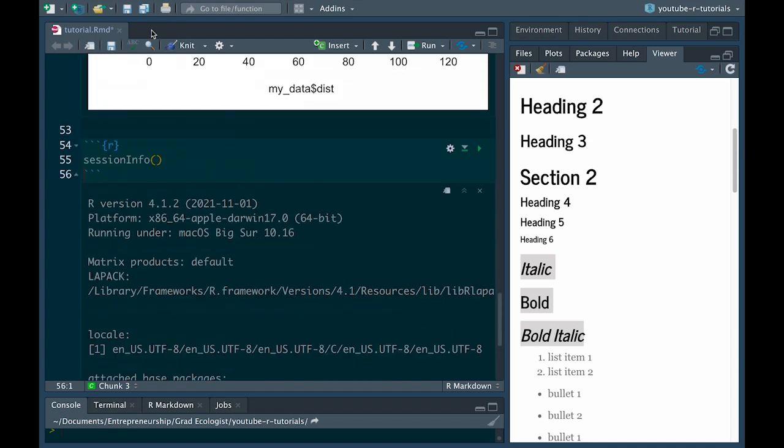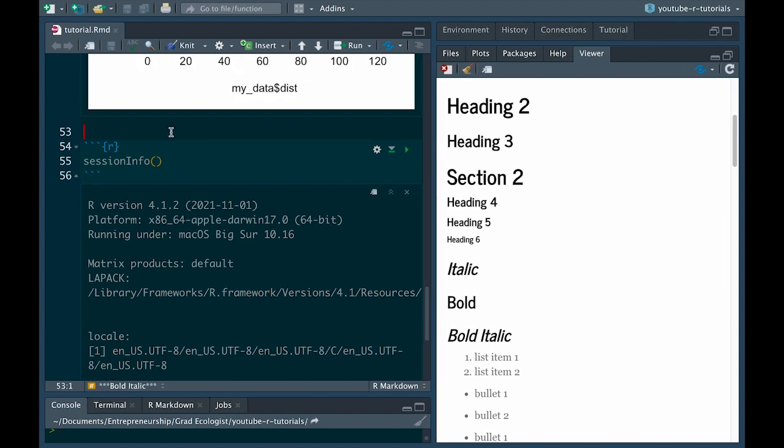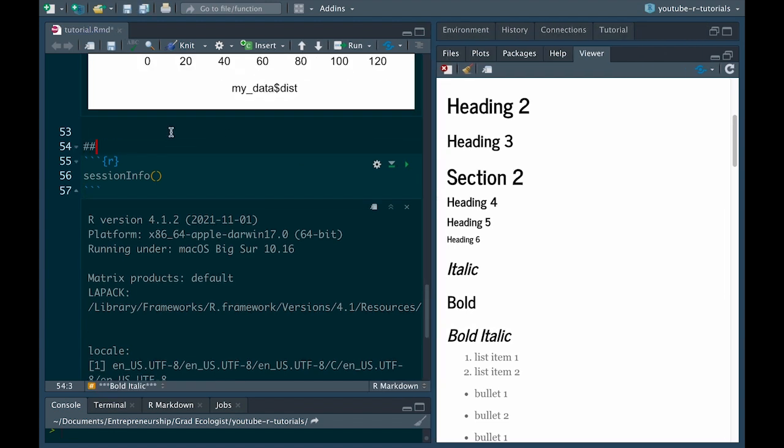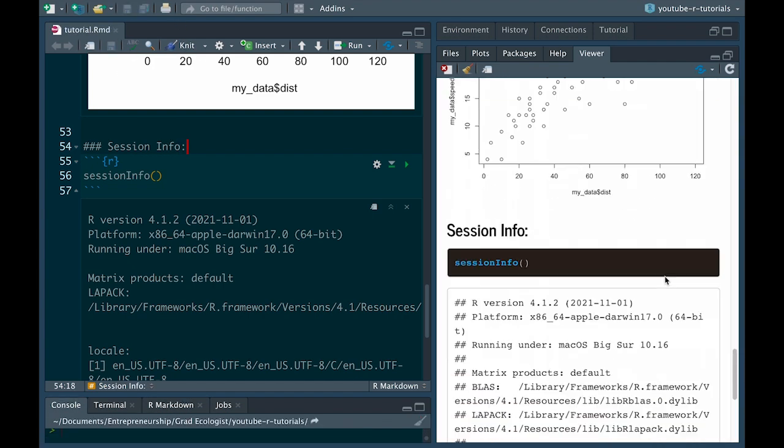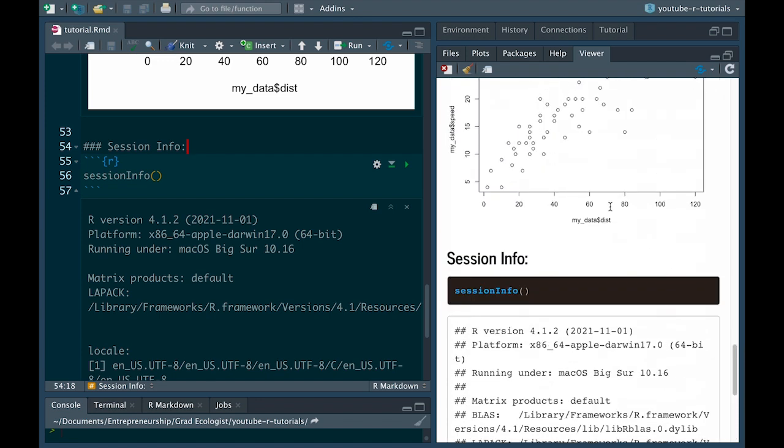The reason this is important, so if we knit this, we can even add a little title here, session info. The reason this is important at the end of every R Markdown document is that sometimes things change.